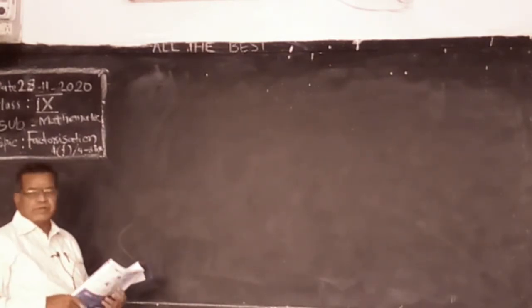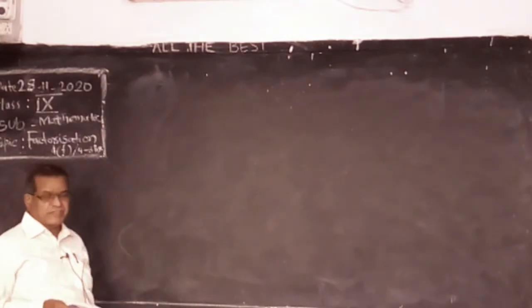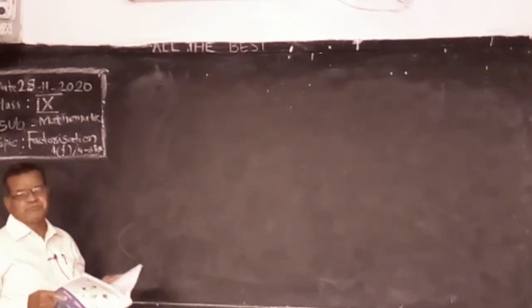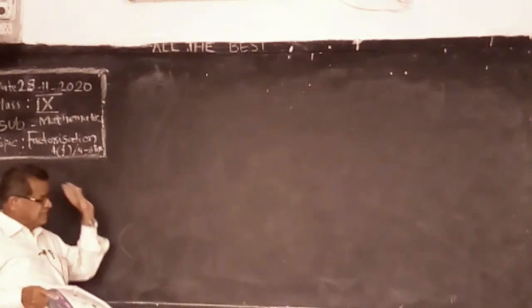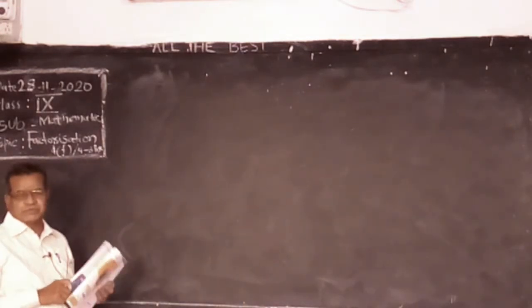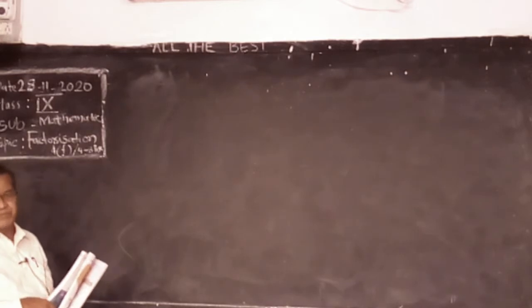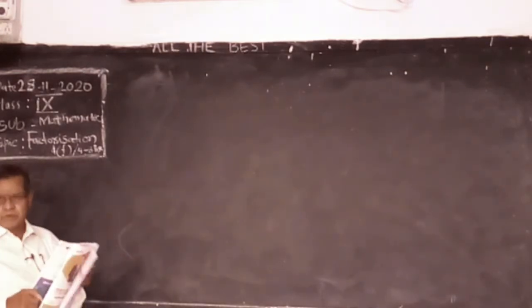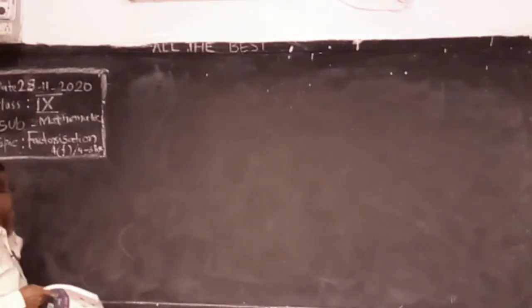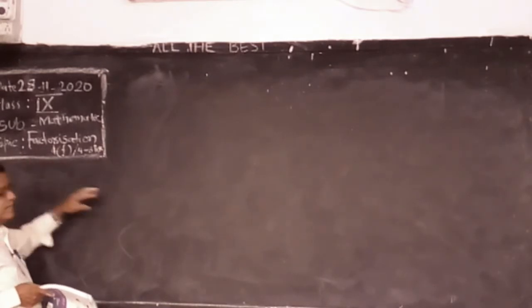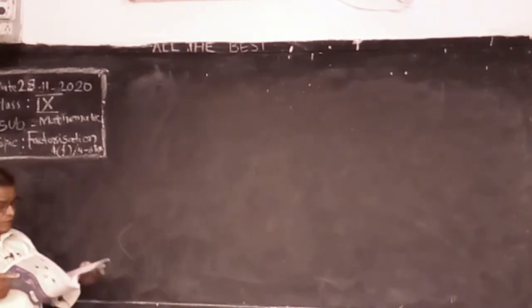We are doing the factorization chapter on algebraic formulae: (a+b) whole square, (a-b) whole square, a square minus b square, (a+b+c) whole square, (a+b) whole cube, and there are 12 main formulae. On these formulae we are doing problems, factorizations. In the previous class we completed 4E. Now the next exercise, F. Factorize.